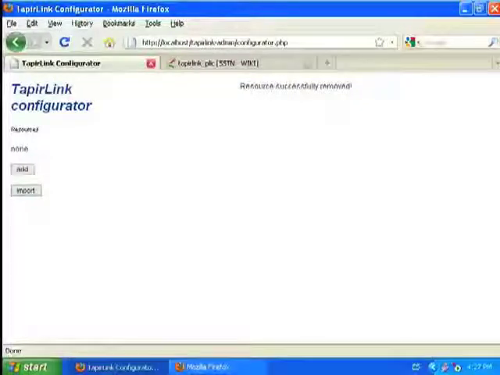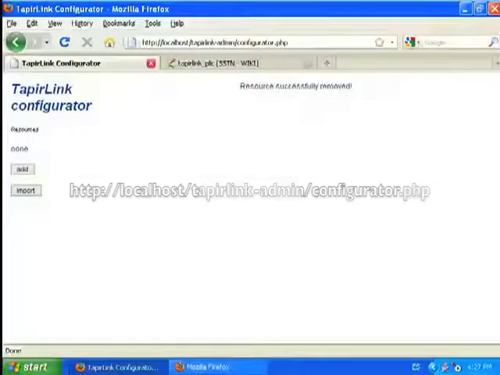Configuring TaperLink Data Provider. The configuration of TaperLink Data Provider is done through a data entry form that is divided into 6 sections. 1. Metadata. 2. Data source. 3. Tables. 4. Filters. 5. Mapping. 6. Additional parameters. Open an internet browser and type the address